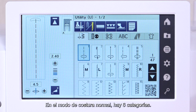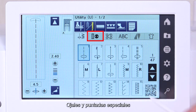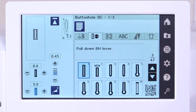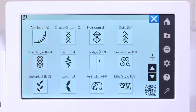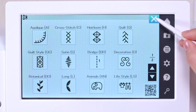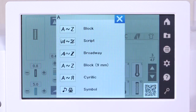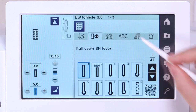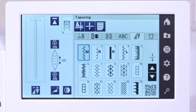In the ordinary sewing mode, there are 6 categories available. Utility stitches, buttonholes and specialty stitches, decorative and quilting stitches, monogramming, tapering, sewing applications,